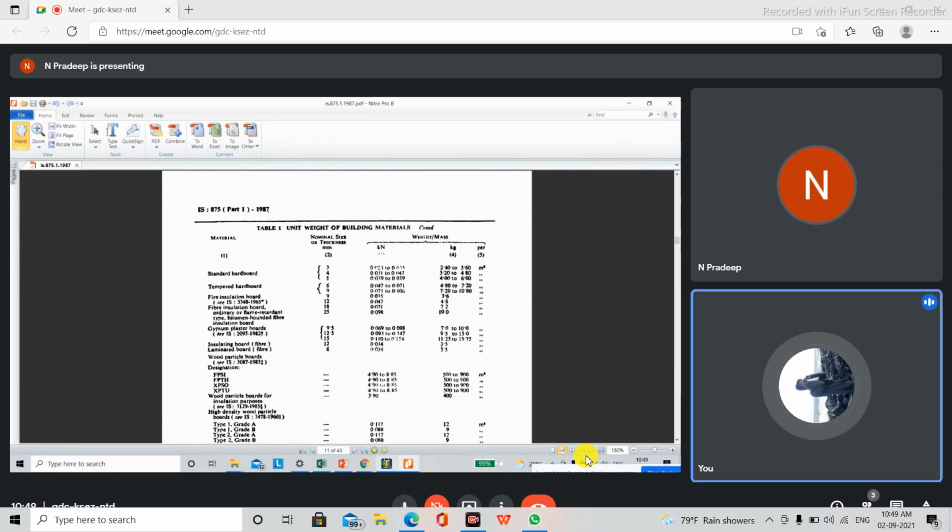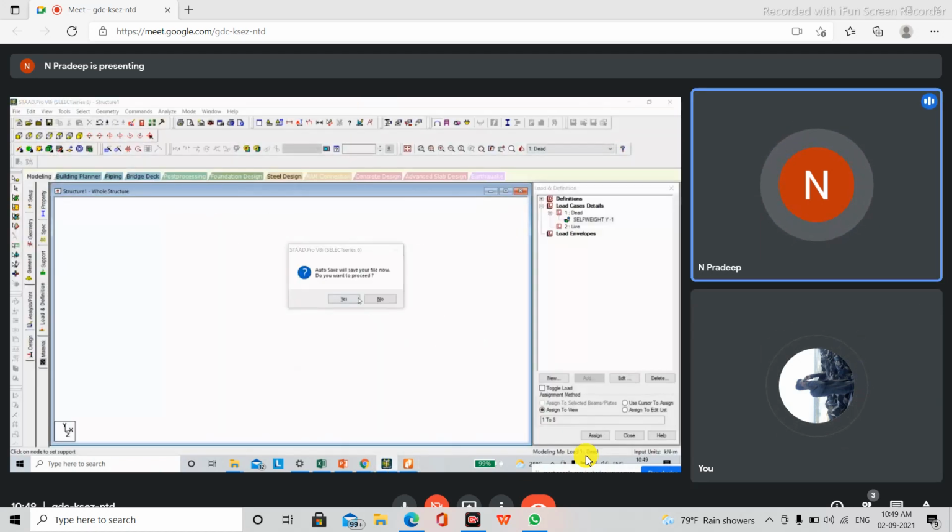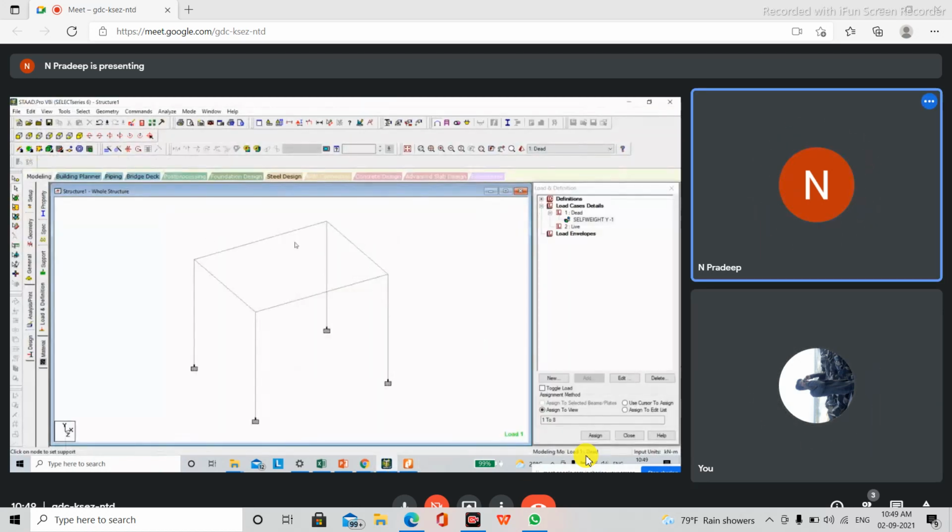The wall will be exerting the load in the form of a UDL. When you multiply the volume of the wall by the unit weight, 18, you get the whole load of the wall. But here you have to apply that as a UDL only to the beam, so you will have to divide that by the length of the beam. In that case, you'll get the value as 13 kilonewton per meter. You can just try it out.